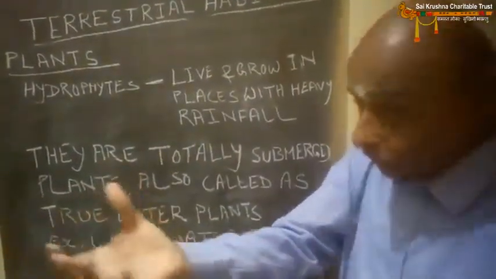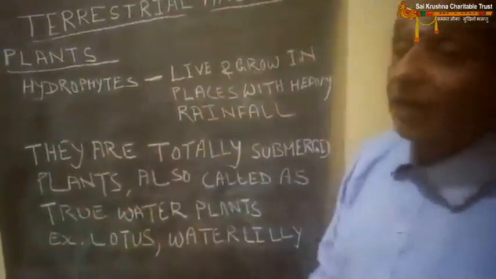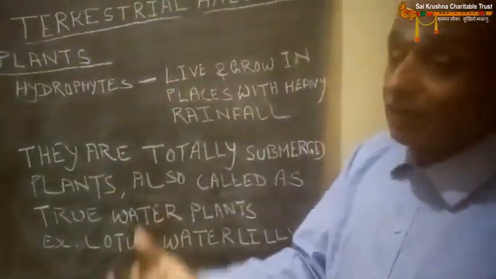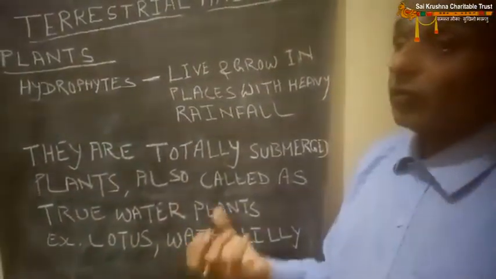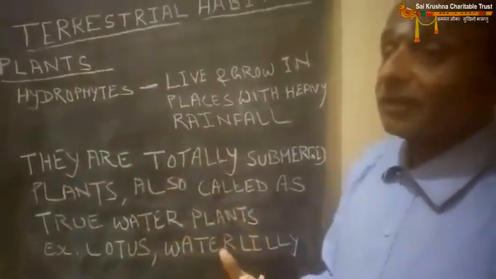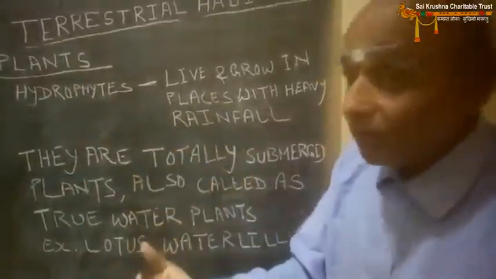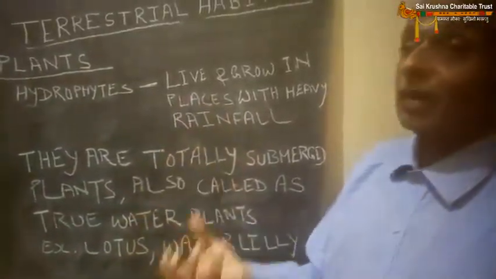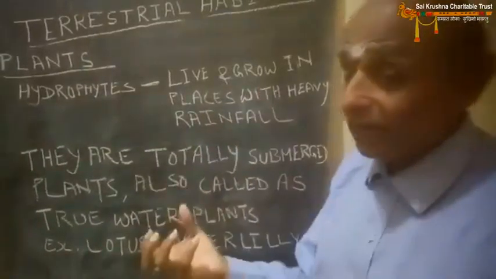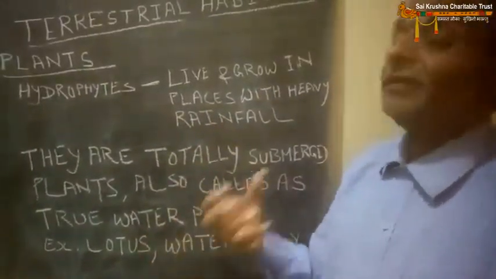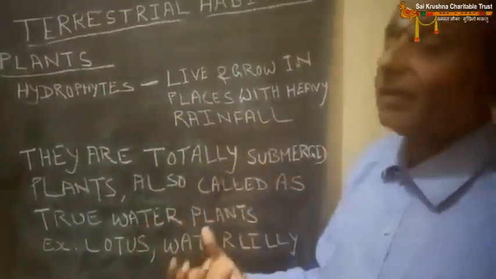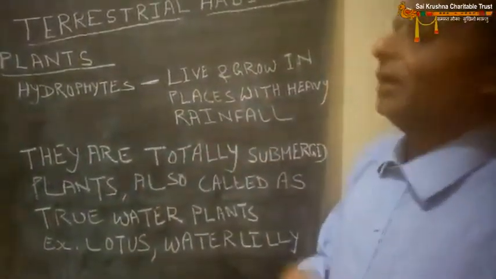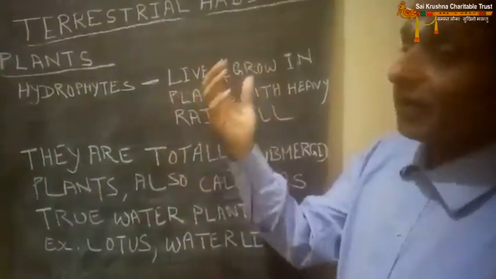So we have seen it, and it is submerged in the water. So lotus is always available in plenty in the places where there is heavy rainfall. Okay, so this is regarding